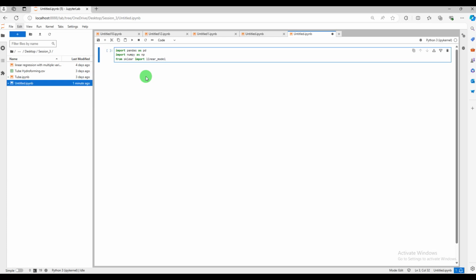For the single variable we have just one variable, and for the multivariable we can have 2, 3 or more inputs. So after importing your necessary libraries,